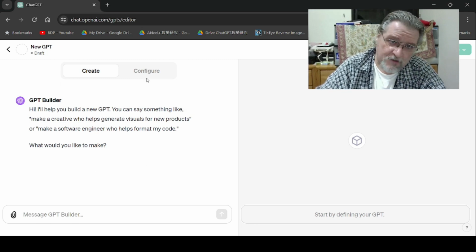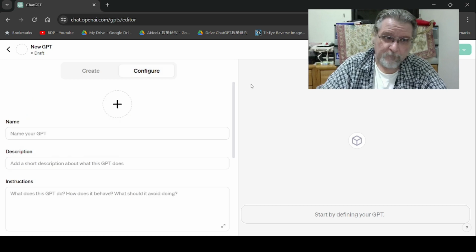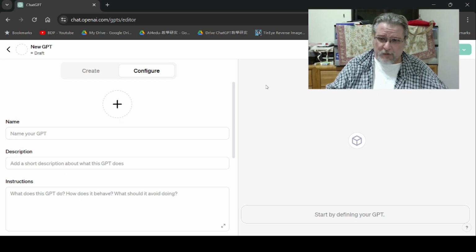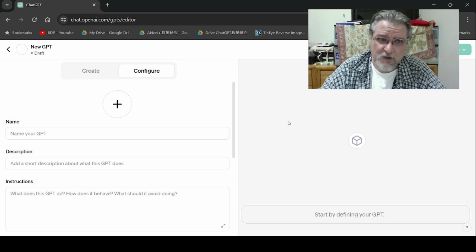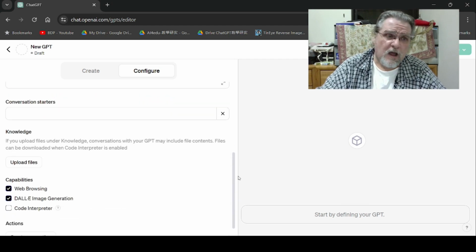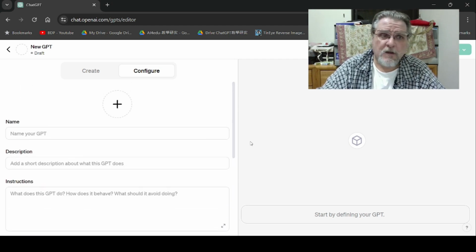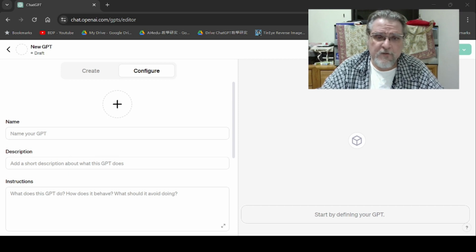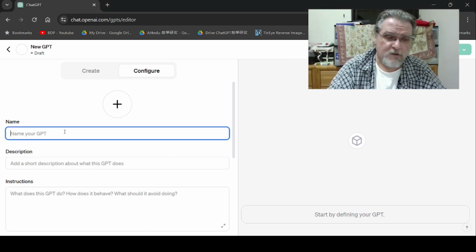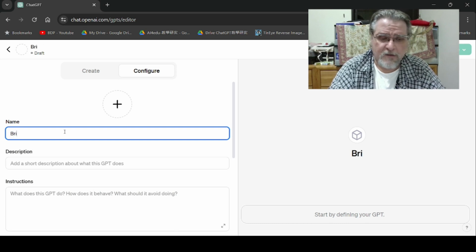But let's get straight to configure. If I already know what I want out of my GPT, why don't I just go into configure, where it's essentially using a series of questions of areas where I can instruct it more specifically about my needs. Now, the name, that's where you give it a name. For naming conventions, you can call it whatever you want. Once I start typing it in, I can say something silly,